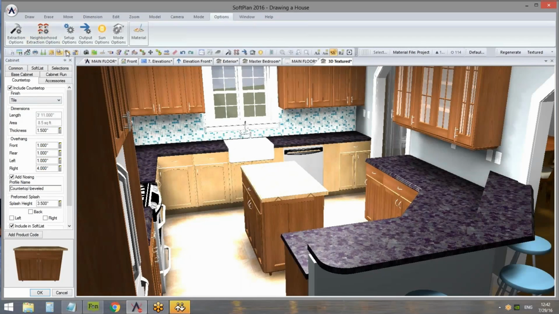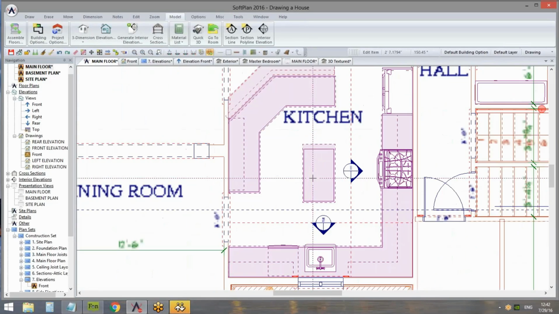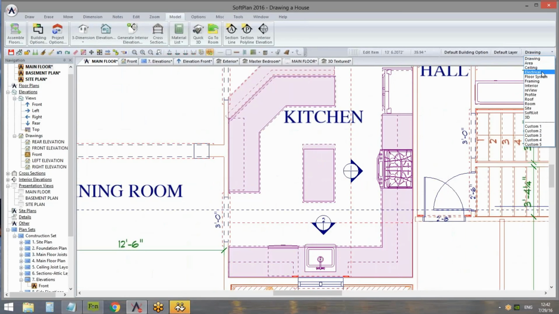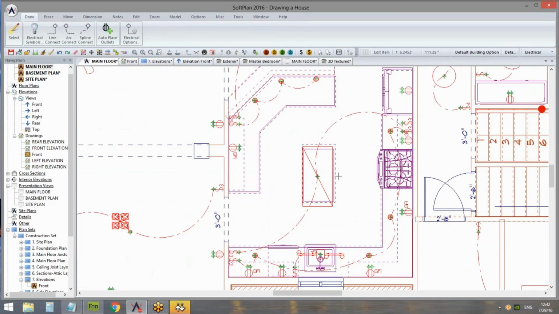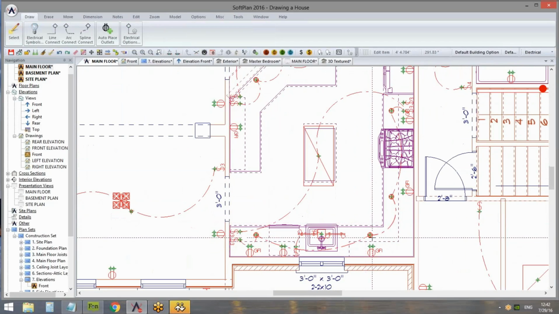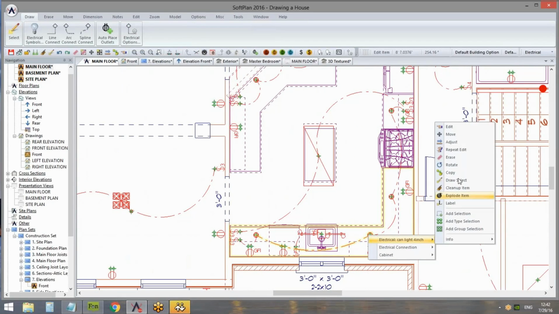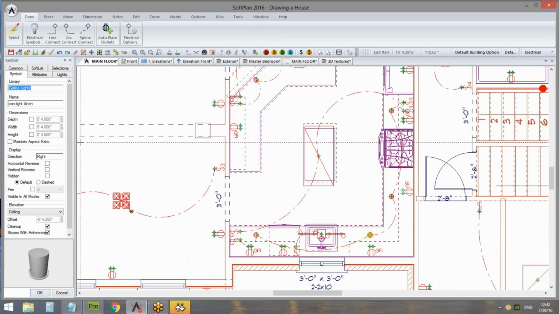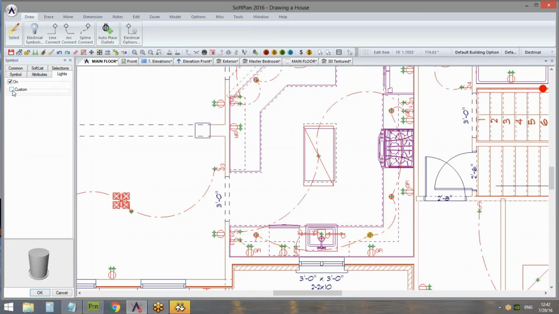And right now, the light is pretty blown out. It's really bright at the moment, so we can go to electrical mode and we can reduce the brightness of some of these lights that we have in here. So for instance, for these can lights, if you go to edit a symbol with a light source, there should be a lights tab here, so we could go turn on custom and just simply reduce the brightness if we need to. So we brought that down to 4,